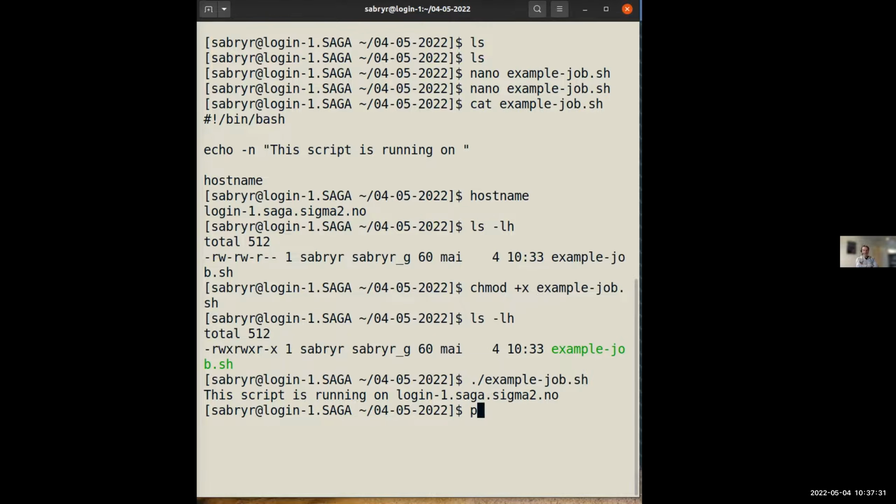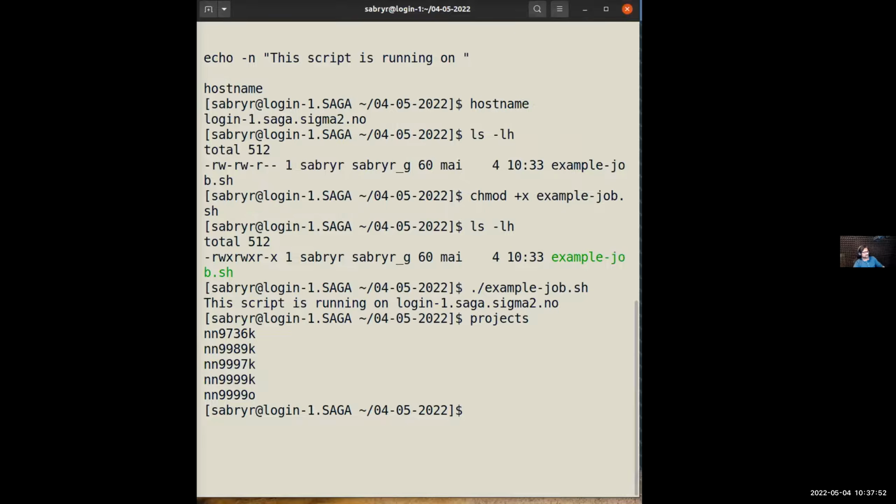You have CPU hours instead of money, but it's very close to money because you can say that a CPU hour has a value. So when I type the command projects, before you start any Slurm job, you should understand the projects.